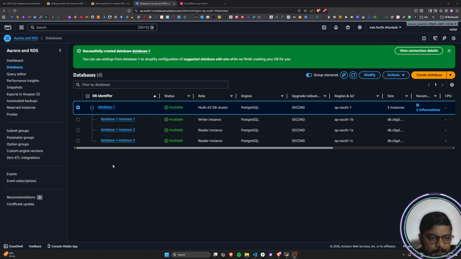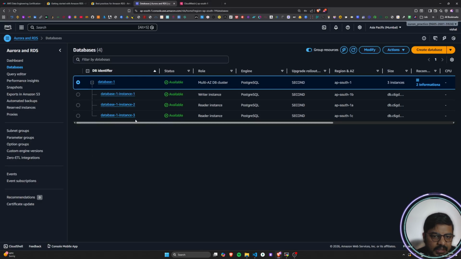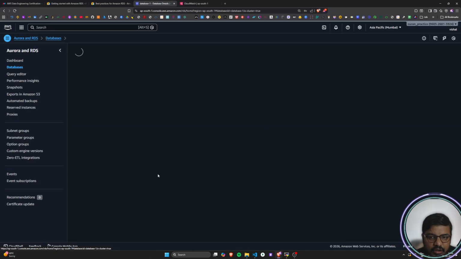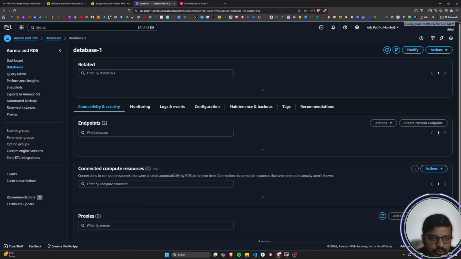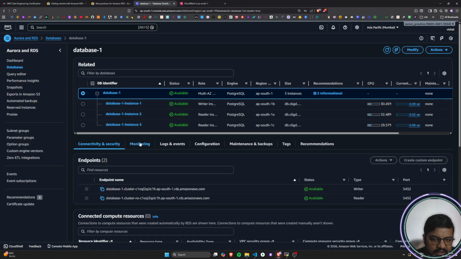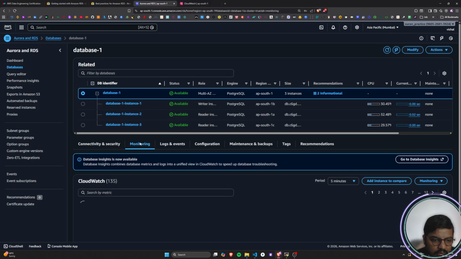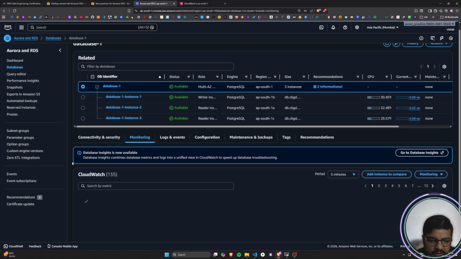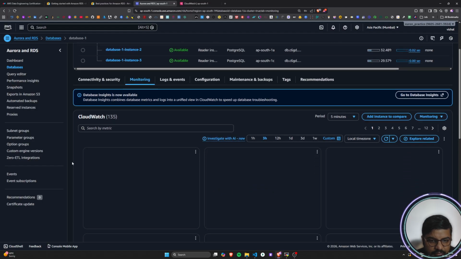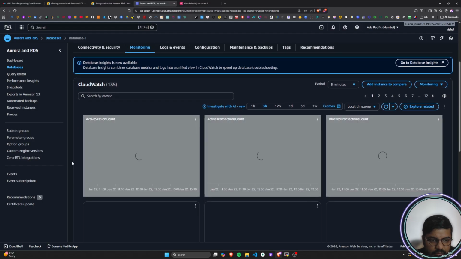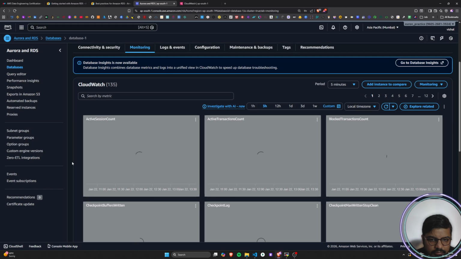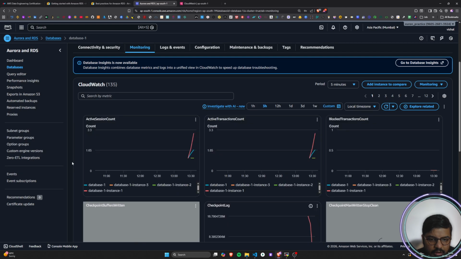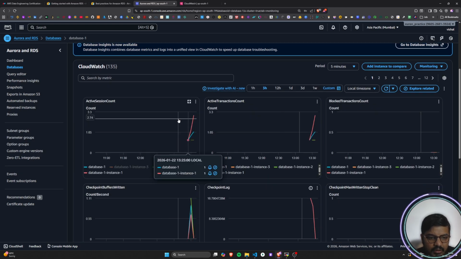All right, so now you can see that our database instance has been created, right? Now if I click on this particular database, you will be able to see this monitoring section that we are having. It will take just a few seconds now. Okay, so now you can see we are having each and every monitoring metric that is there: